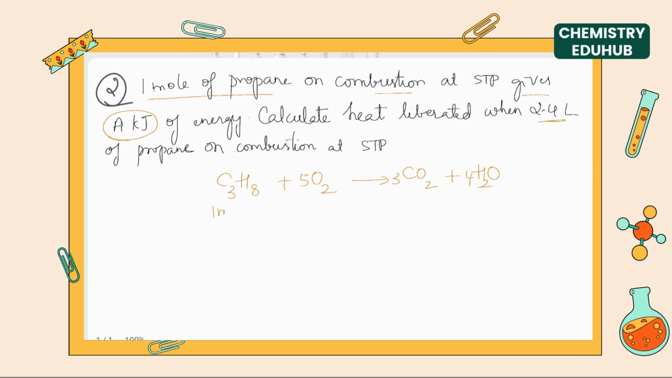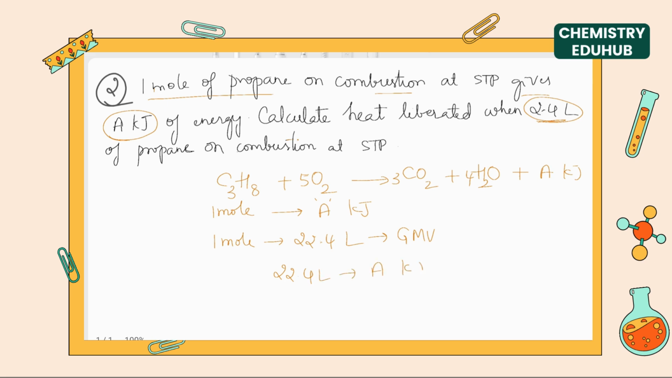So according to the equation, 1 mole of propane is giving rise to A kilojoules of energy because it's an exothermic reaction. But if you consider 2.4 liters, so here we have moles. 1 mole of any gas at STP occupies 22.4 liters of volume. This is the gram molar volume, which is a constant. So 1 mole occupies 22.4 liters, which gives